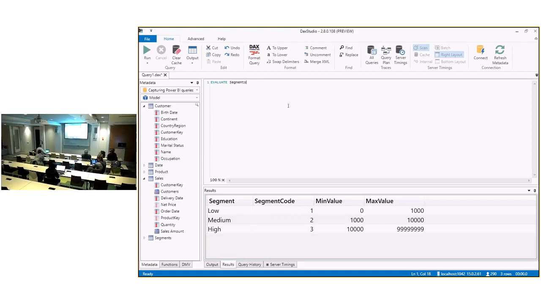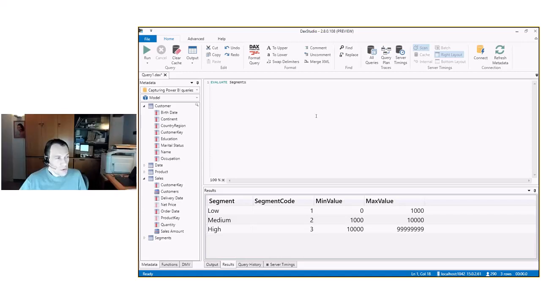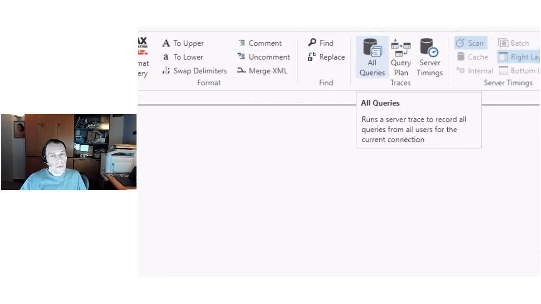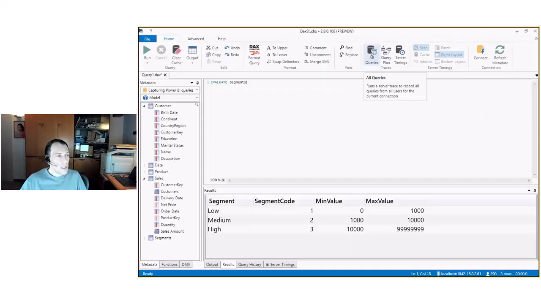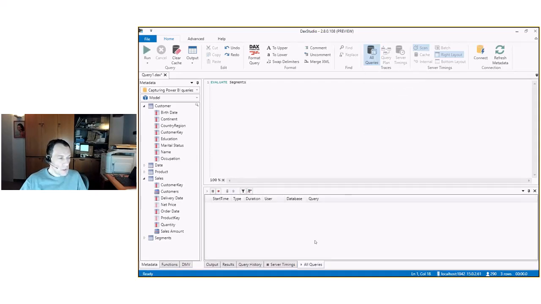Now, DAX Studio has been originally designed to help developers writing DAX queries and developing DAX measures. But DAX Studio also has features that are specifically designed to help the debugging of DAX. For example, this first button, All Queries, can be used to listen to all the queries sent to Analysis Services. If I click on this button, I will see here a window, All Queries, open here, which now